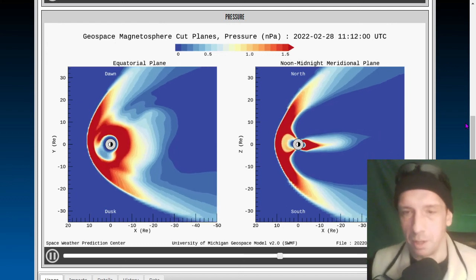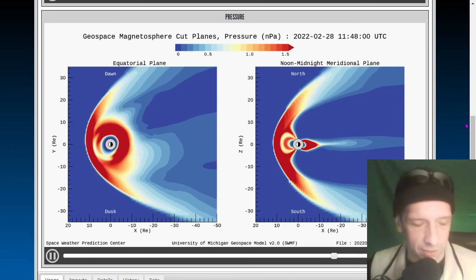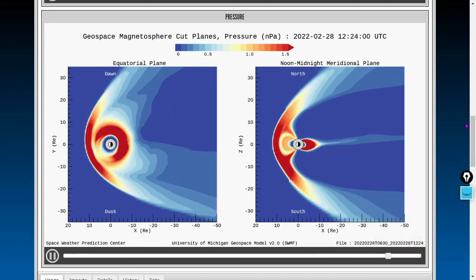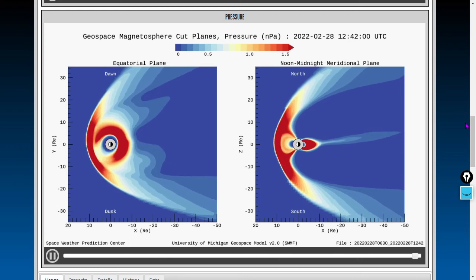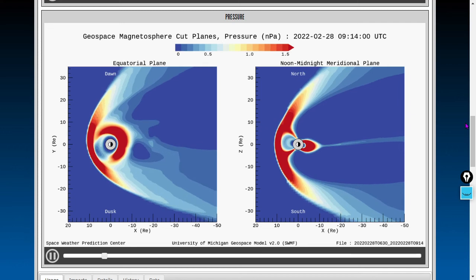And welcome everybody to the Daily Space Weather video 2 of 3, looking at fields and features, things like coronal holes, sunspots, and the magnetohydrodynamic pressure around planet Earth. So we've seen a little lull here in the solar wind. We still see slightly elevated conditions. We'll get to the